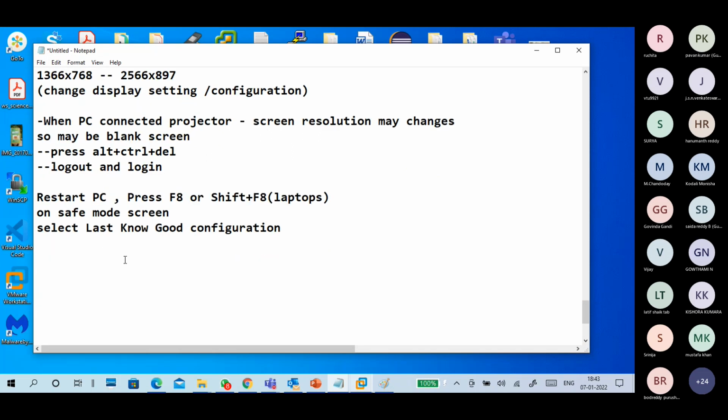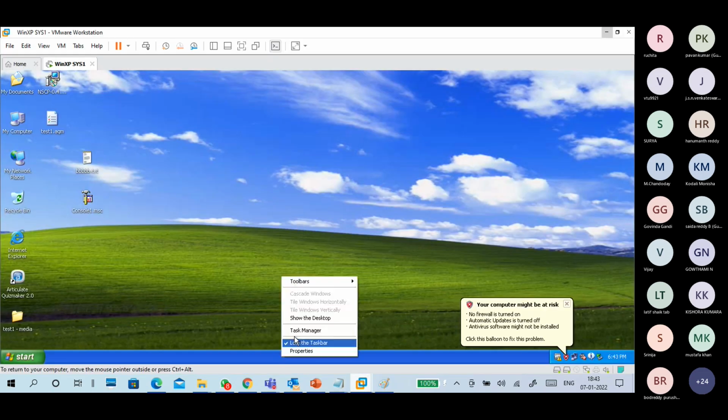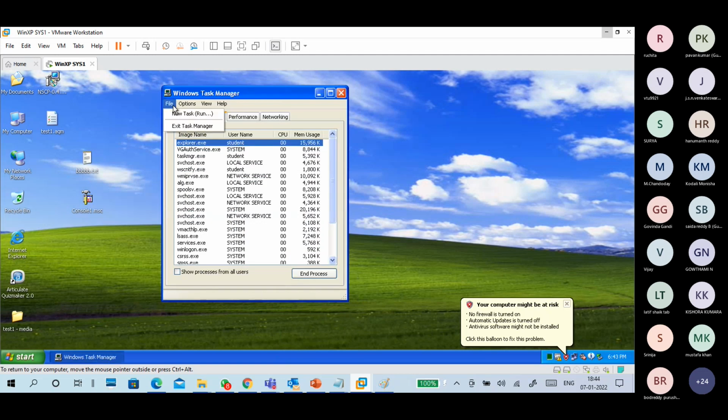Next one. It's not about screen resolution. You didn't change the screen resolution. You start the computer and you log in. Login is done, and it is showing a blank screen. Okay, showing a blank screen. What to do? It is possible that the blank screen is like this. So can we try this one? Yeah, here it is only.